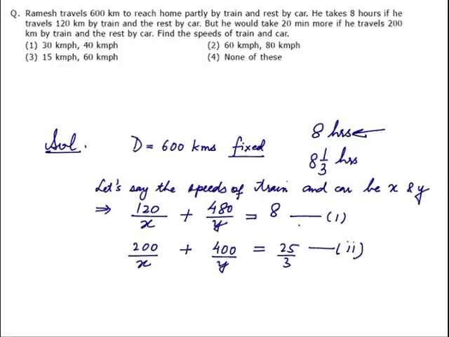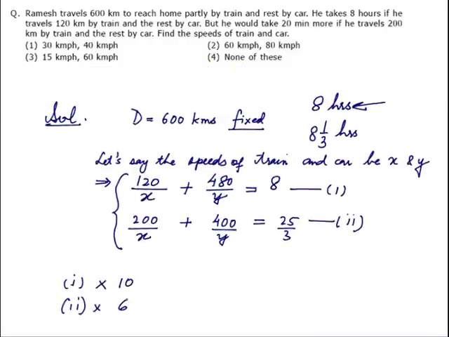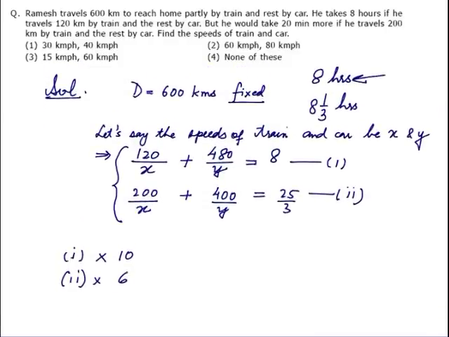In case you do not wish to work backwards from options, then let us try to solve these two equations. We will try and eliminate x from here. 120 and 200, sorry. So the LCM will be 1200. So let us multiply the first equation by 10 and the second equation by 6. So the moment I multiply the first equation by 10 and the second equation by 6, I get